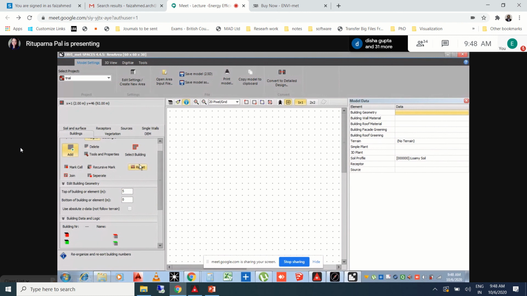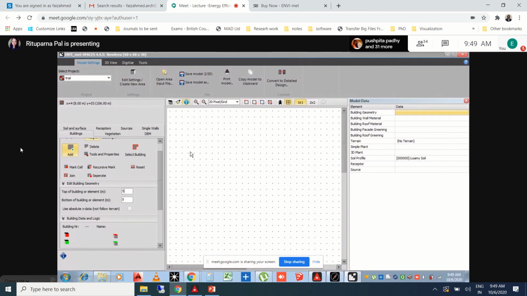Yes, ma'am. Okay. So as you can see, under edit building geometry, there is one option named top of building or element, in brackets it is given as meters. This is basically the height of the building which you want to place on your site. Here it is already given as 5.